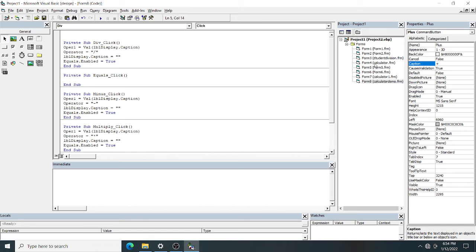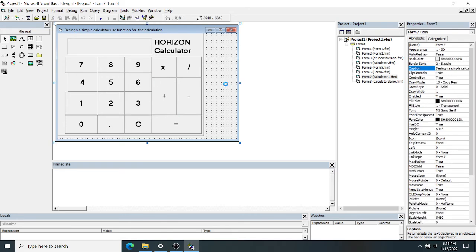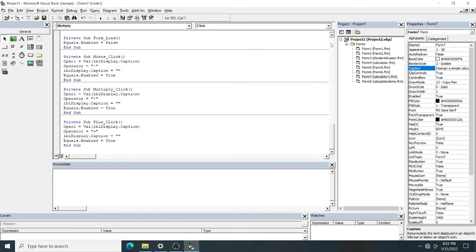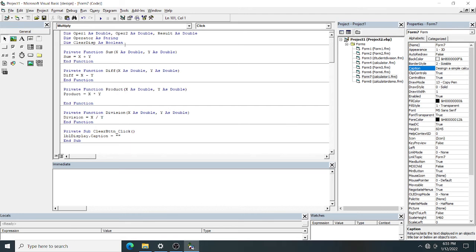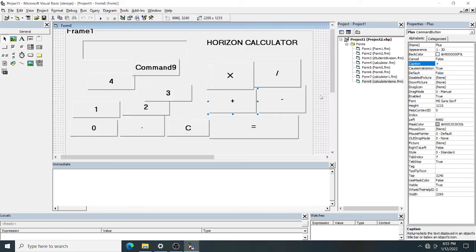Okay, now we have to declare some global variables. The global variables are operand 1, operand 2 and one result. Okay, look here now. Here I have declared some global variables. I am just copying them down. Explanation of the code I will do in the next class. Okay, now look here. You should learn how to execute this one.